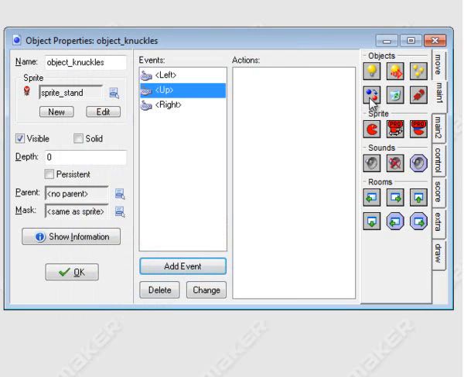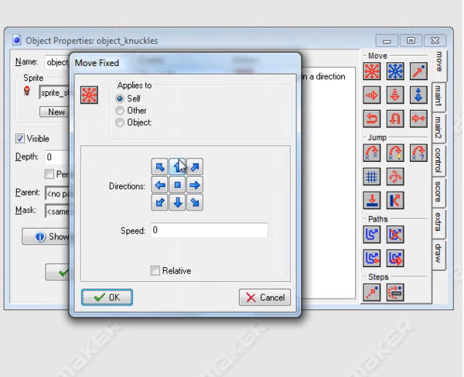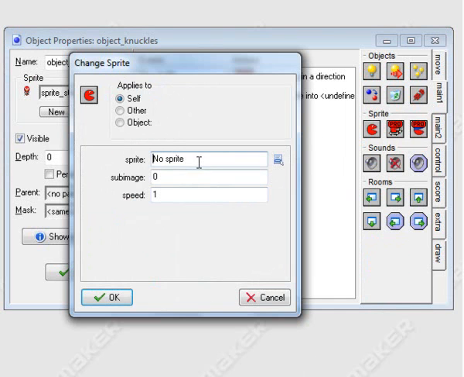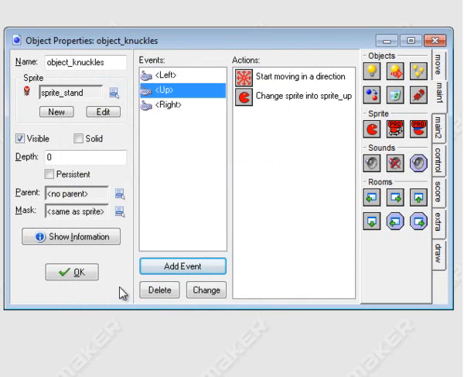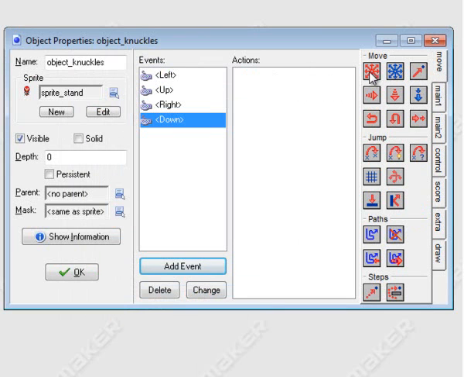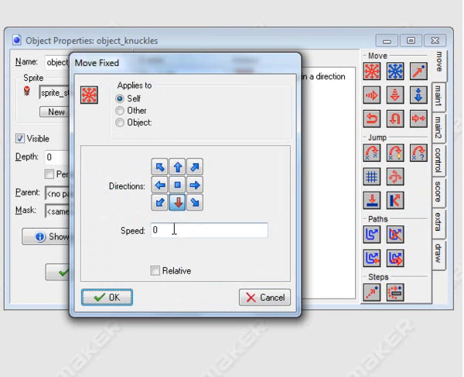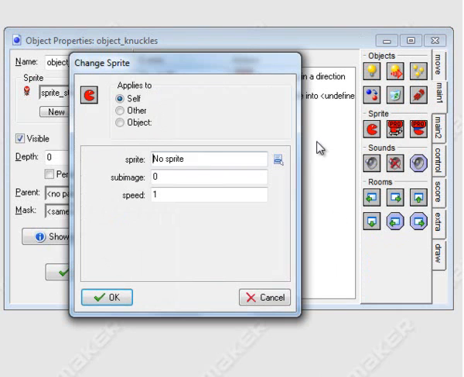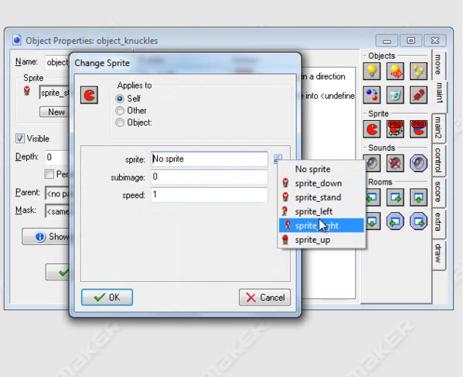Keyboard up, move up, speed of 5. Swap them out for up, subimage -1, and down, move down, speed of 5. Swap him out so that he looks like he's moving down,